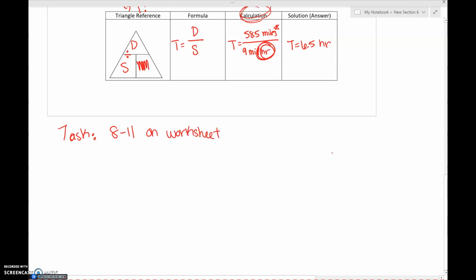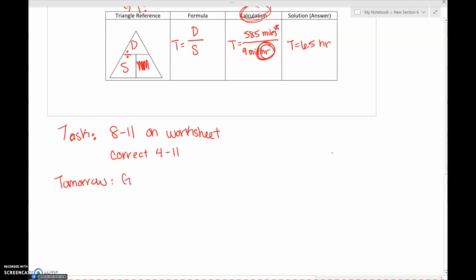If Miss Campbell notices that you missed a lot of the questions on 4 through 11, then she's going to let you know which ones you've missed, and you're going to be expected to correct numbers 4 through 11, and then finish 8 through 11 on the worksheet. In class tomorrow,